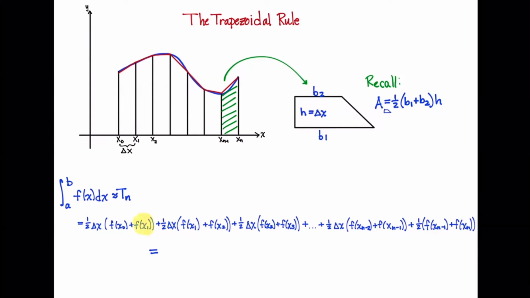notice that we have an f of x sub 1 twice. We have an f of x sub 2 twice. We have, on the other end, an f of x sub n minus 1 twice. The only things that we don't have in there twice are the endpoints. So we just have this f of x naught in there one time and the f of x sub n in there one time. So simplifying, combining like terms, the formula for the trapezoid rule becomes delta x over 2